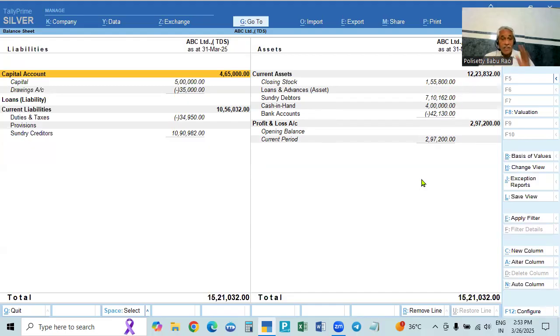So all the accounts in the balance sheet are real and personal accounts. These balances, along with the profit and loss account balance, belong to the proprietor. That is also shown in the balance sheet, where the profit and loss account is closed. And all these balances only will be carried forward to the next year.